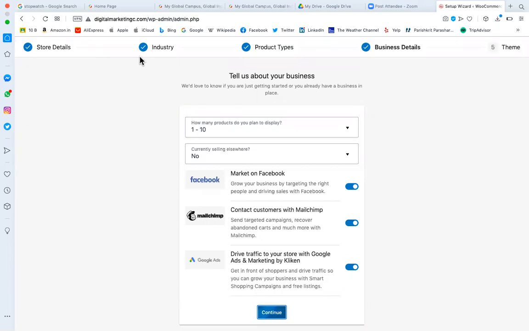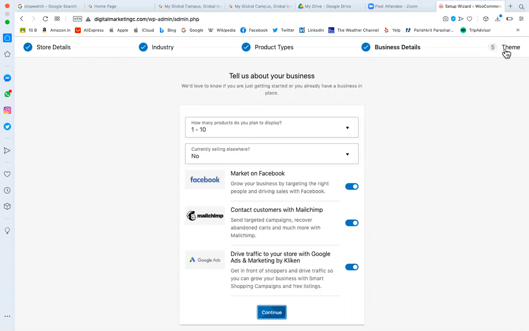So we have given store details, industry details, product details, business details. Now we are continuing with the design. What kind of layout, what kind of look and feel, what kind of structure we want for our website. You can treat WooCommerce as a bundle of designs. They may give you 20 designs and you can choose one.